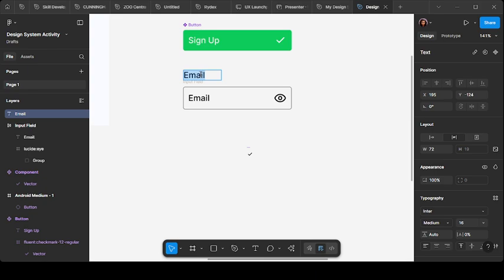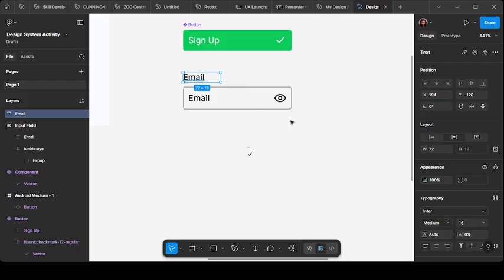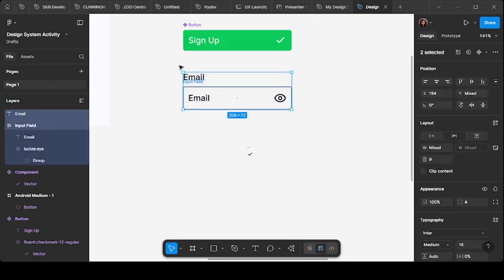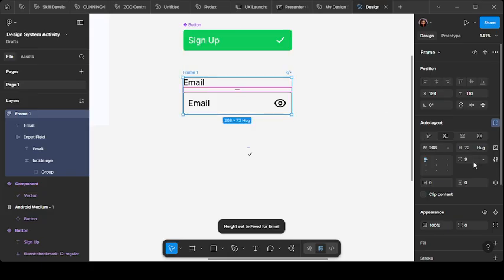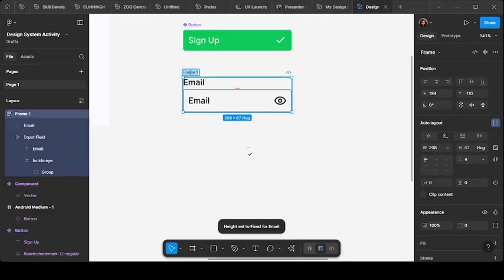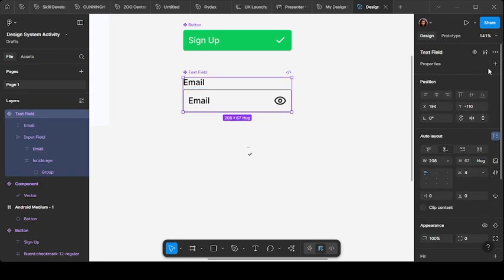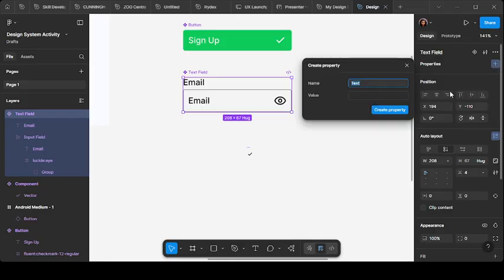So let's see here, that's the label. So this is the email placeholder, this is the email label. So I'm going to add auto layout, Shift A to keep it together, give it 4. Text field. Then I make a component out of it. So saying here, properties are going to be